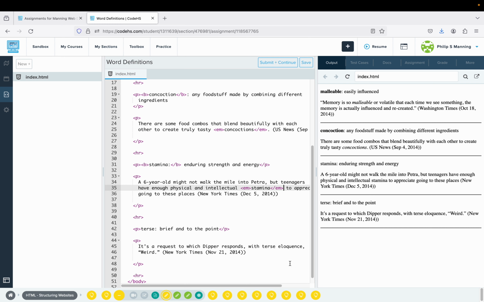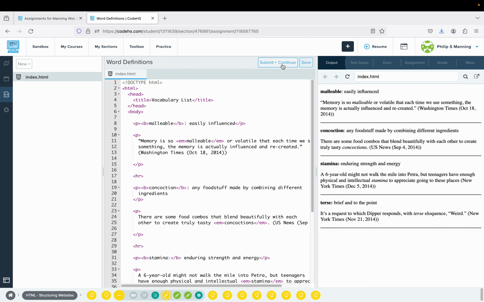Okay, then I can do the same thing right here. Just to show you, I can type strong. It's going to do the same thing as bold. And CodeHS may even yell at me because I did bold, but nonetheless. So when I refresh, now I've got it where the word first appears with the definition, it's bold. Where it's used in the sentence is